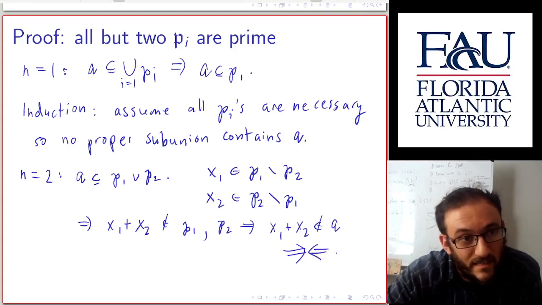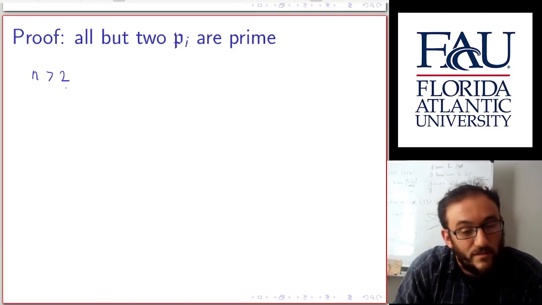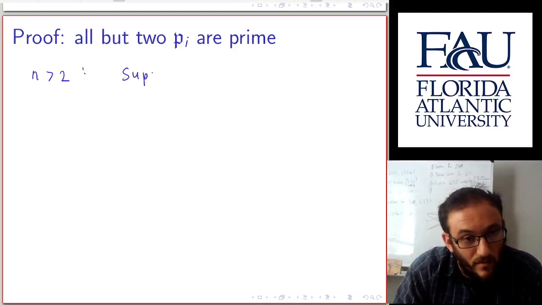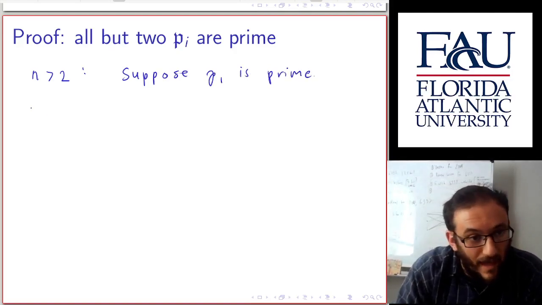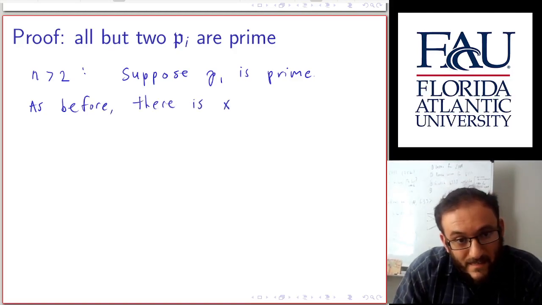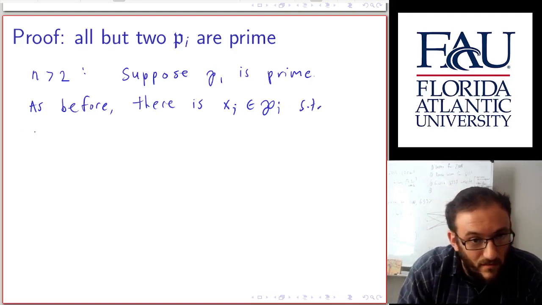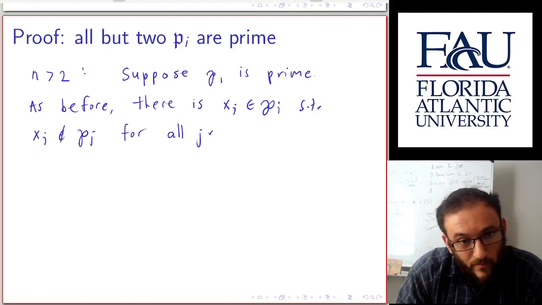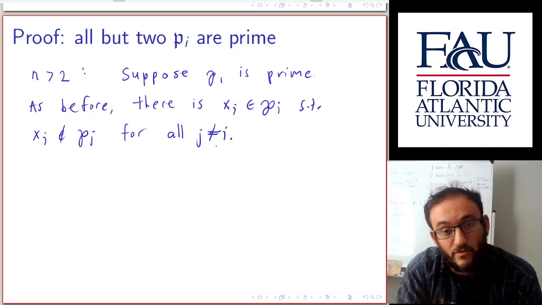Okay, and now we can consider the case of n greater than 2. Since we have more than two ideals, we can assume one of them is prime. And let's assume it's the first one. As before, there is xi in Pi such that xi is not in Pj for any j not equal to i. This is by virtue of not being contained in any proper subunion,